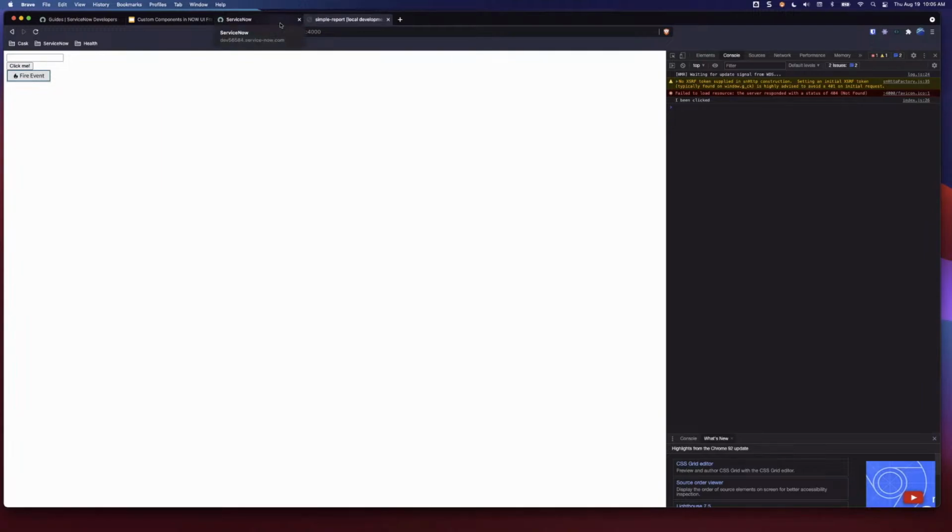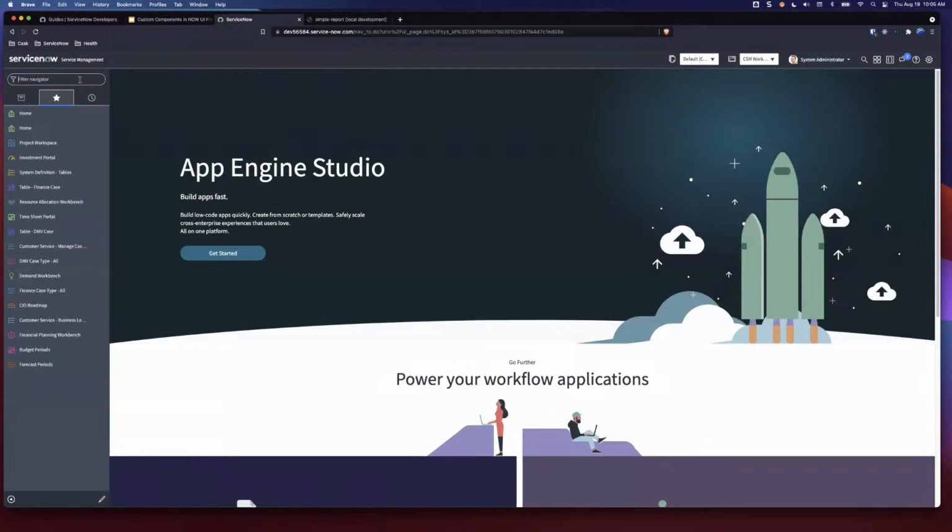I've deployed this already, but if you just did a deploy, what you have to do is actually, on the UI Builder side in the platform, define that custom handler. So if I go to UI Builder, just to show an example,